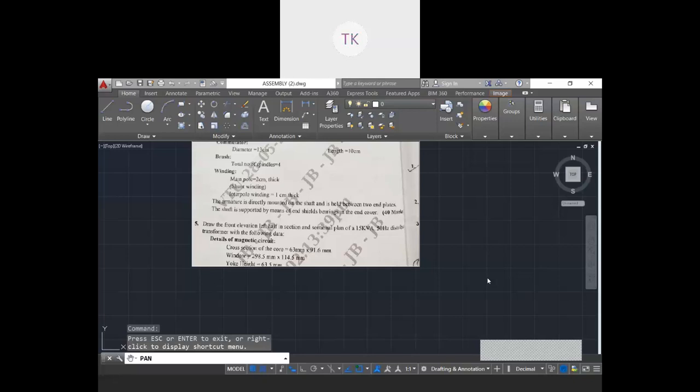Tulsi, present. Tulsi absent. Veena, present, sir. Vinay, present, sir. Yashwant, present, sir. Prince Raj, yes, sir.